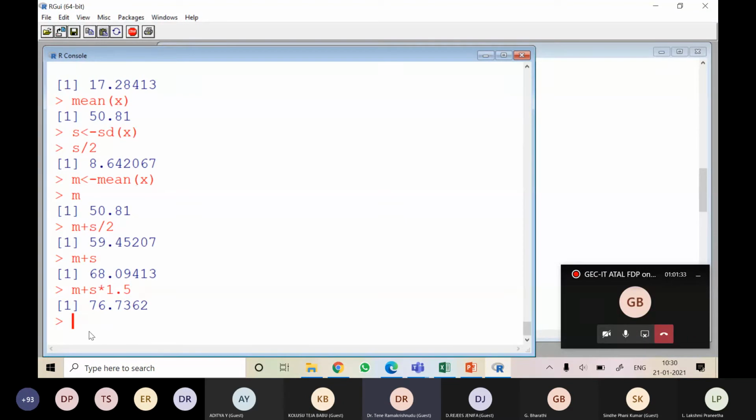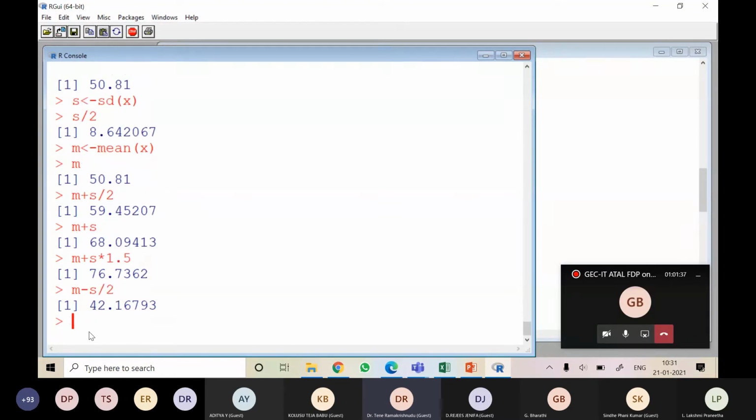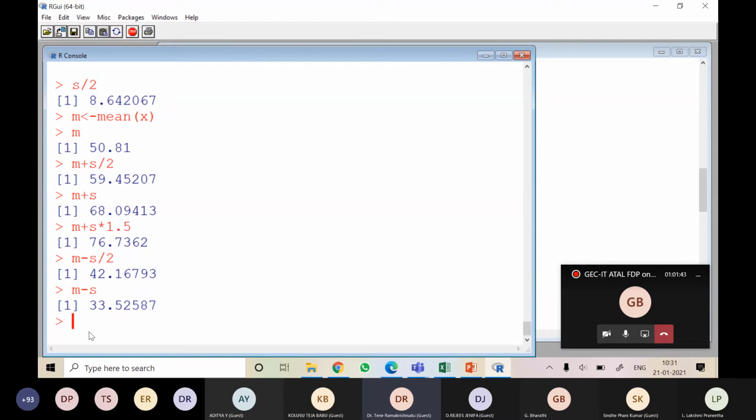In the same fashion, you can do the mean minus 1.5 of the SD. 42 is one group, then 50 is another group, 33 is the other. So I want to group the students into 5 different groups. Group 1 is around 33 marks, or around 33 you can consider, and 42. Then another group is 59, 68,